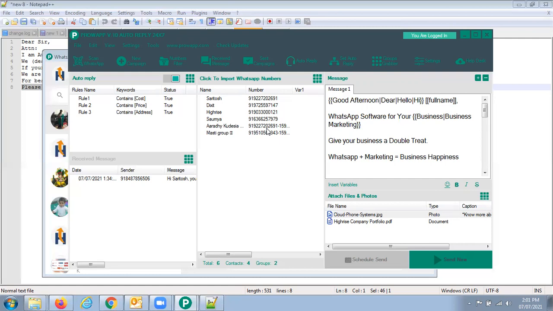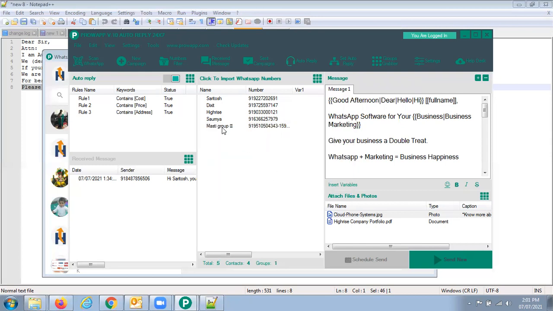And because you are a member of all these groups, it is nothing like you are spamming. The only advantage for you is that you are saving your time for posting in 100 different groups. But getting business from these groups becomes easier for you. Yes, that's true. So this is one more advantage of this.